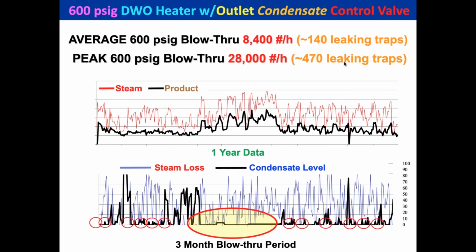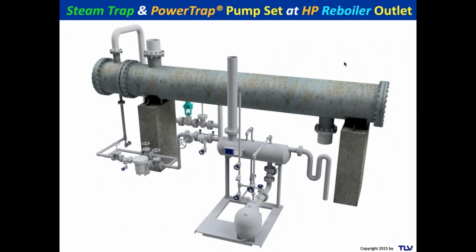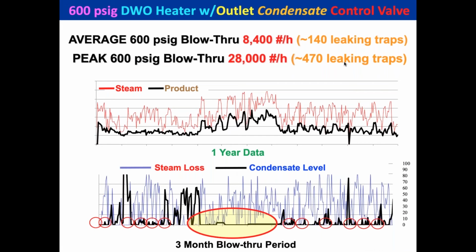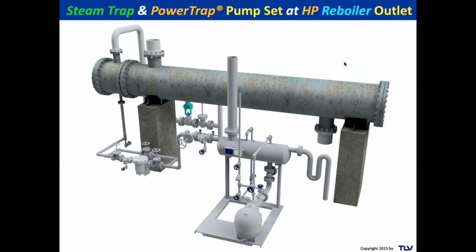But the peak, look at that, 28,000 pounds an hour. It's like going out in the system and having an operator open 470 traps at one time into the return header. Can you imagine? Do you think that elevated the return header pressure? And that's why I'm not in love with outlet control valves, and I think you should get a better system to fix it. A better system might look something like this, where we put a trap set in there,